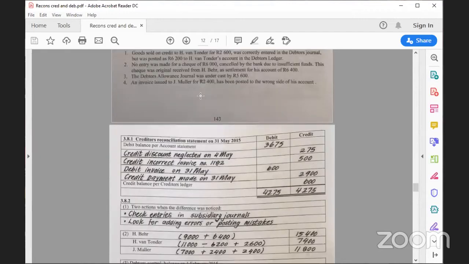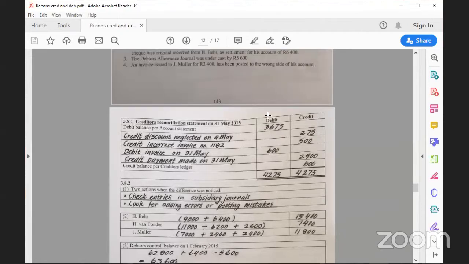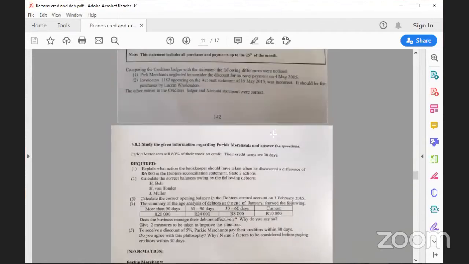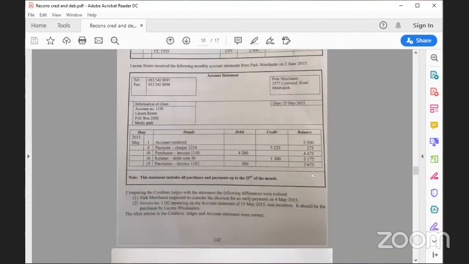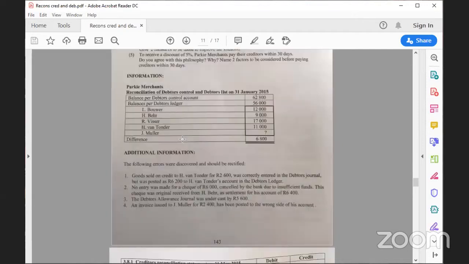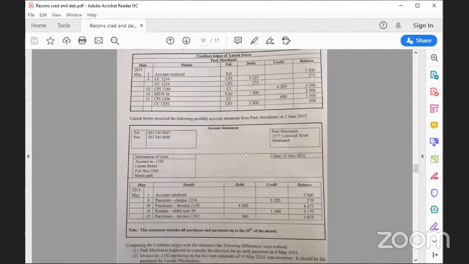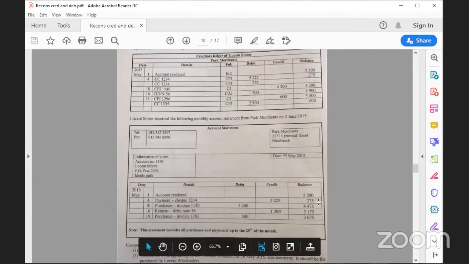Okay, let's have a look. So we have a debit balance per our account statement of 3,675 Rand. That's how we get the balance per statement. So we always start with our statement. Always start with our statement. That's important. Then the discount they neglected to take into account,